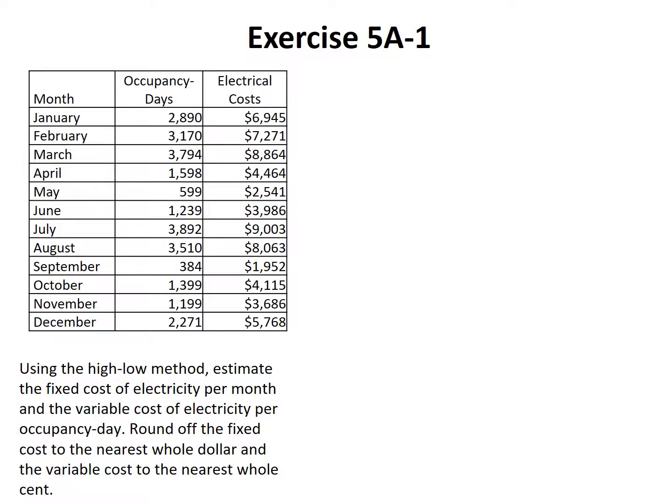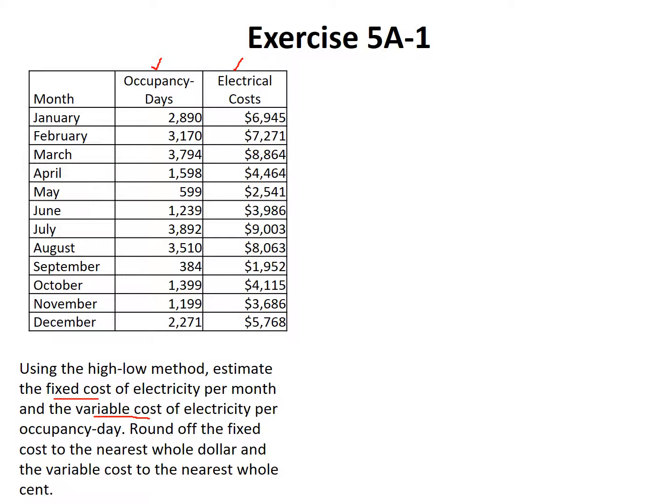Now in this case I have a problem where it says using the high-low method, estimate the fixed cost of electricity per month and the variable cost of electricity per occupancy day. Round off the fixed cost to the nearest whole dollar and the variable cost to the nearest whole cent. Utilizing the high-low method, we use a set of data for a period of time. In this case, we're going to use occupancy days, and electrical cost